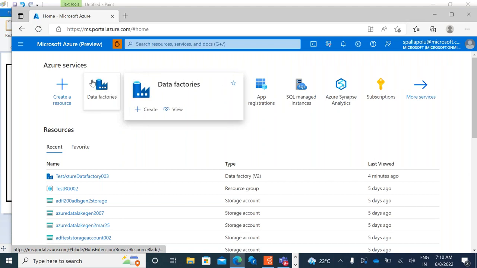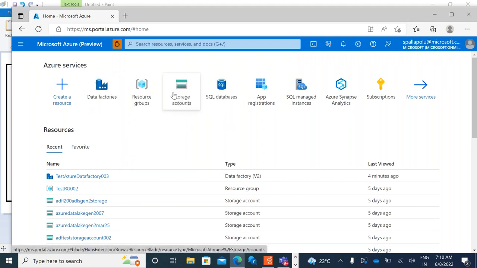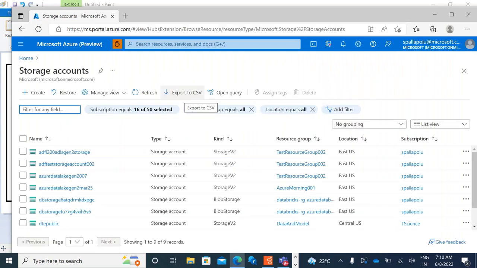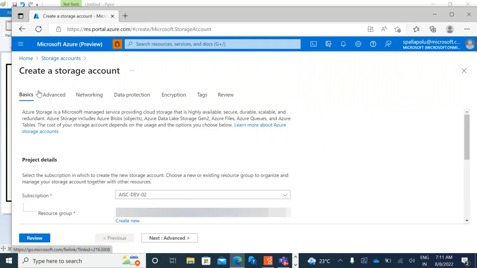Go to home. This is the home page for the portal, and here you can see storage accounts. This is the resource you need to create. Just click on storage accounts. In the cloud, you can see there are different types of storage accounts I have created for the previous batches. No need to worry, we'll freshly create the storage accounts. Storage accounts, guys, mean you can load any kind of data. There are different types of storage accounts here. We have blob storage, Data Lake Storage Gen 2, table, queue, disk. There are different kinds of storage accounts. By clicking on create,